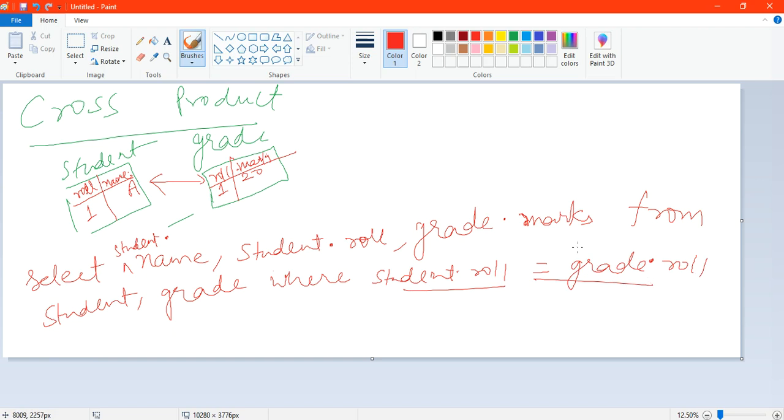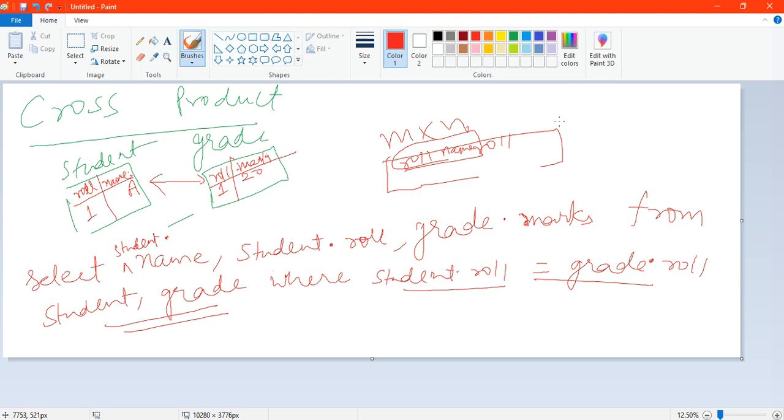Here I have not used join. I will show you the same condition in join also, but what happens here is, because you have written the two tables after the from, it will do the cross product behind the scenes. It will store all m cross n possible results, and out of those it will see where the roll number is the same for both, and there it will take the name and roll number and print it. So this is basically cross product. I hope it's clear to you.